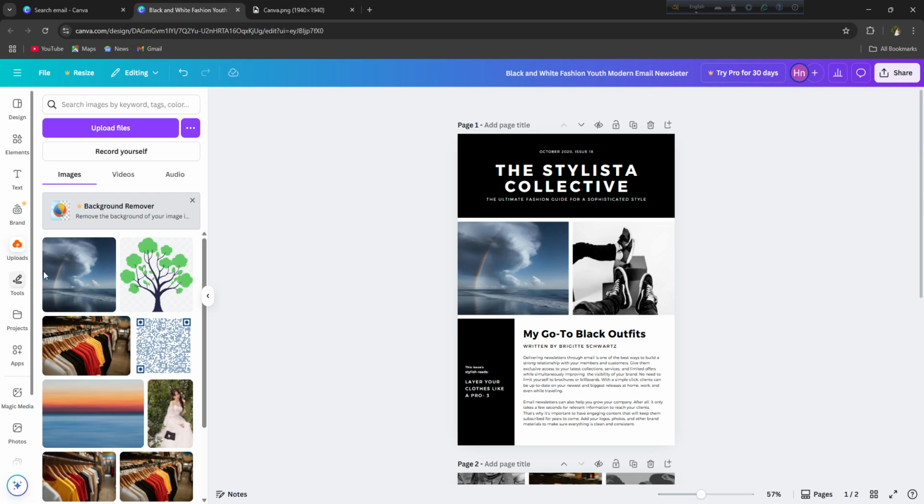And now let me show you how you can use your images in the background. So if you want to add background images on Canva, you can just simply choose the